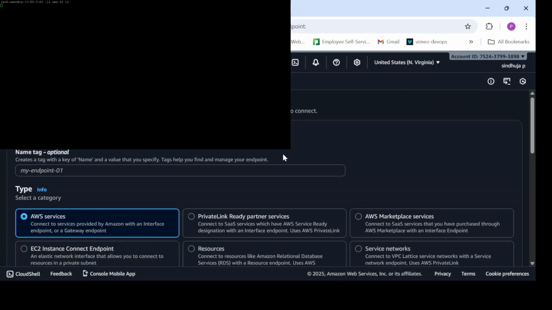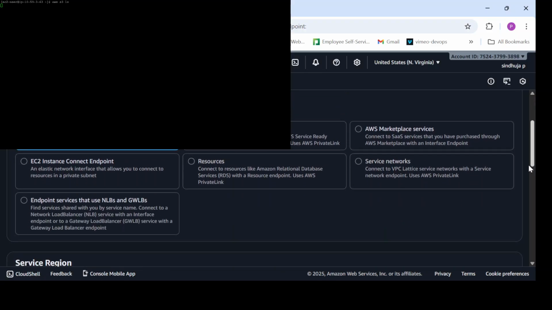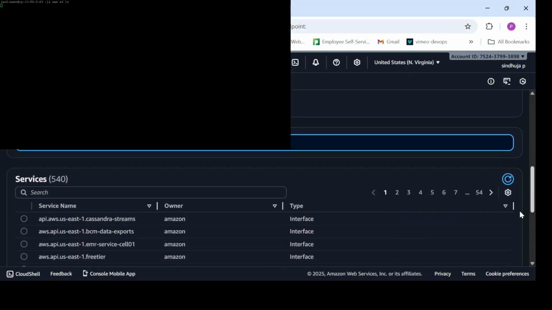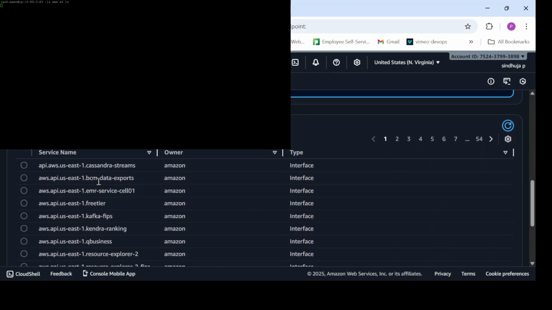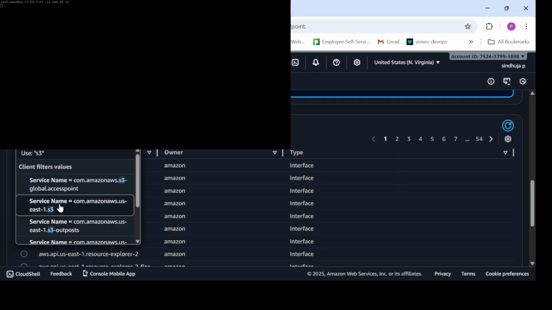Just click on create endpoint. Let me call it my S3 endpoint. And under the services, select S3,